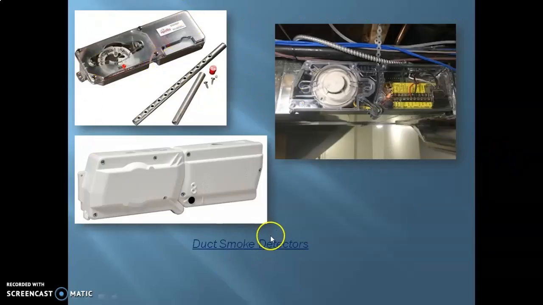These are the duct smoke detectors. This is the weatherproof type housing or container that I spoke of. You'll have the smoke detector installed inside, as you can see over here inside these containers. This is the indoor one, and as you can see, it is installed on the duct. This is the sampling tube, this is the return tube, and you have the end caps placed right at the end of both the tubes.